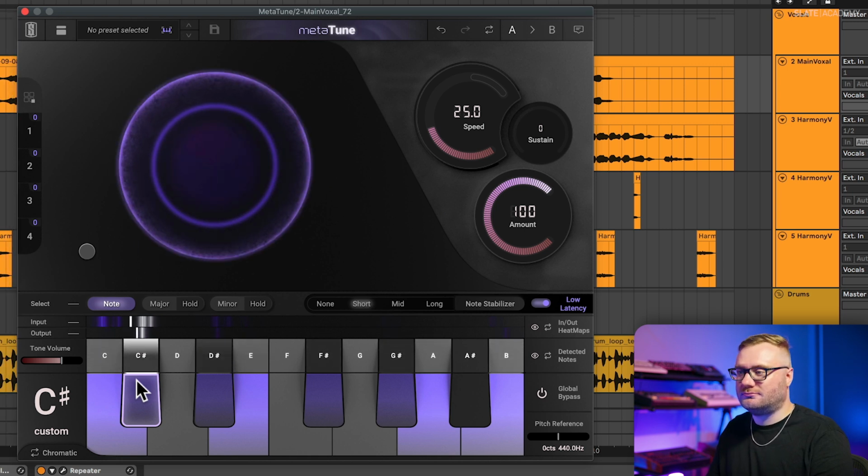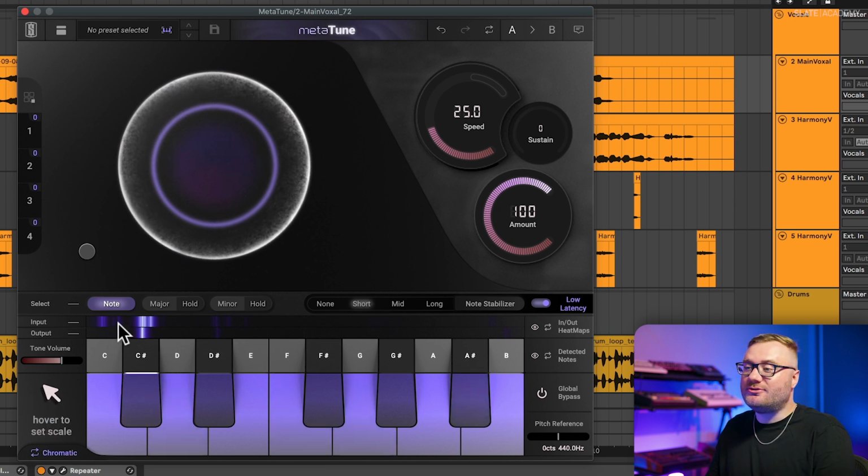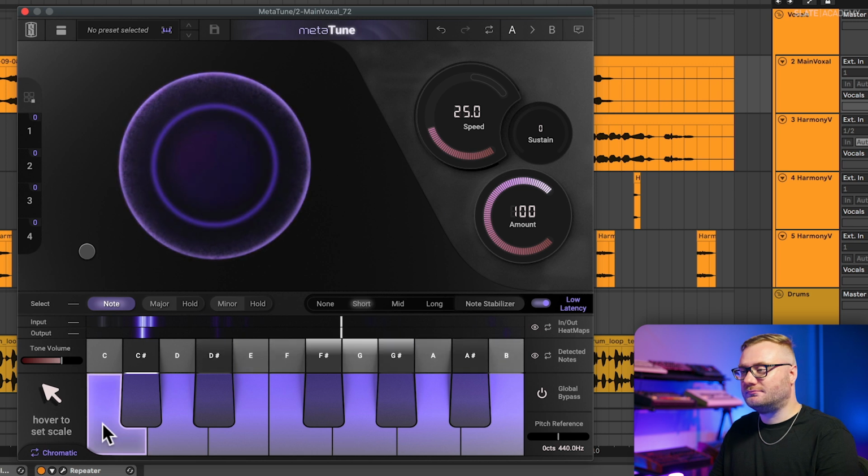Like you. You can even use the HeatMaps to create a scale from scratch. I've reset MetaTune. Like you,